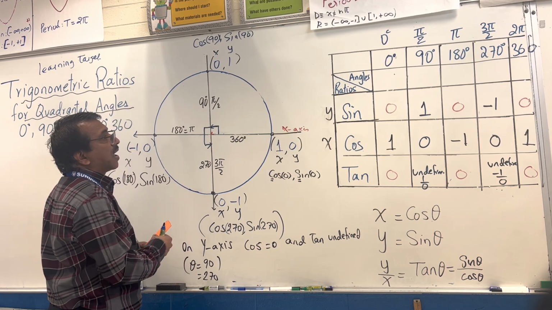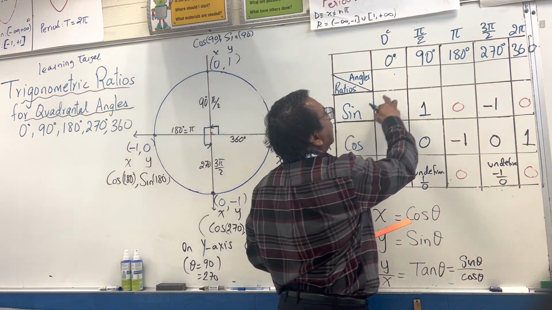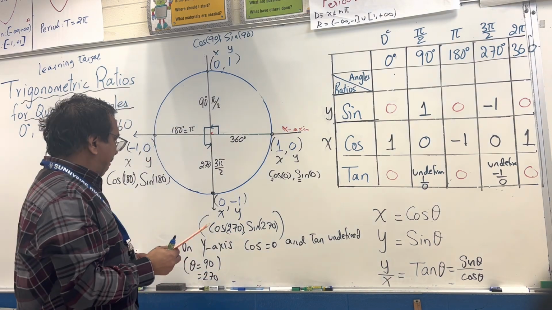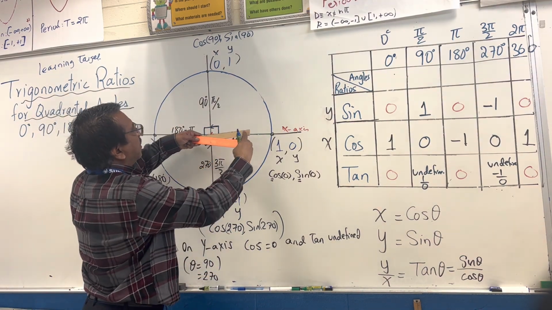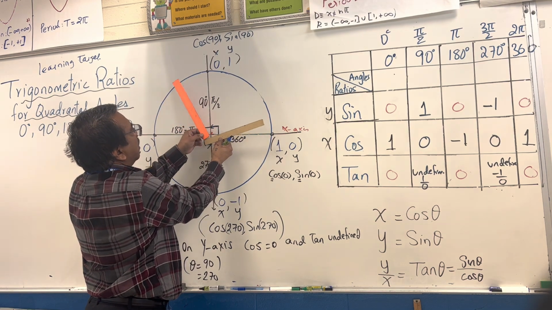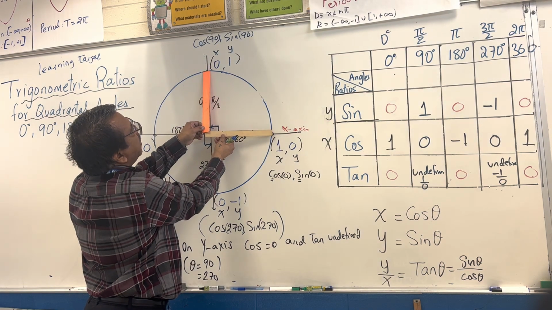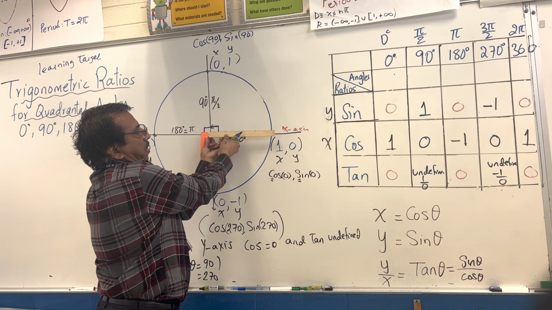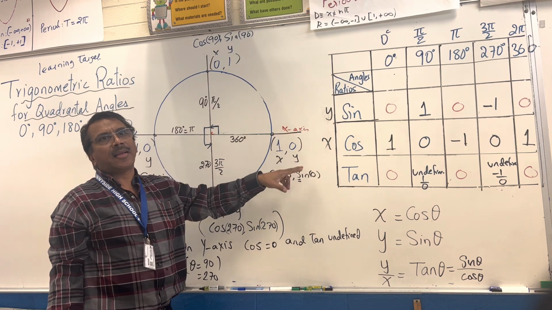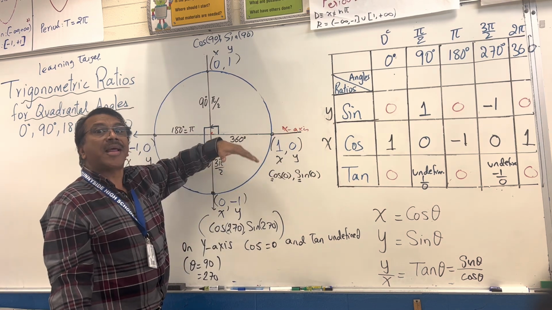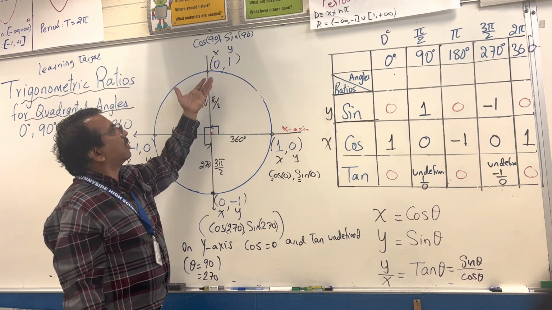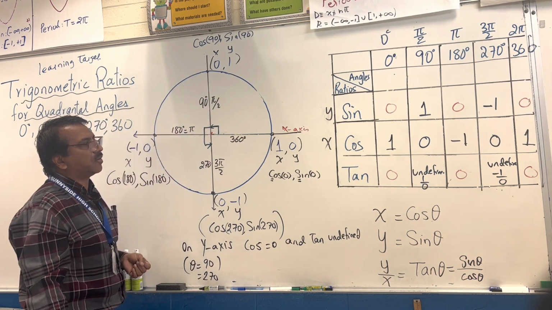And in this example, look at sine 90 is 1 and sine 270 is minus 1. So this is just kind of opposite. On the x-axis, we say cosine 0 is 1, cosine 180 is minus 1. But on the y-axis, sine 90 is 1 and sine 270 is minus 1. So the best trick to remember is only this: x is cosine, y is sine. So mental maths you can do and say, okay, if you are at 90, x is the cosine. The cosine of 90 is going to be 0 and sine 90 is